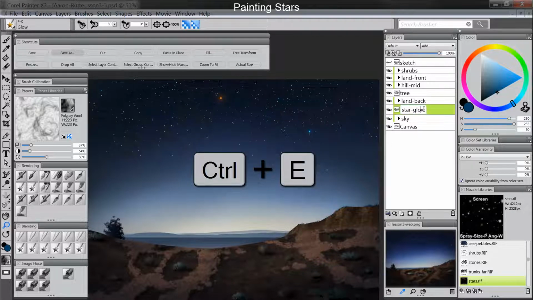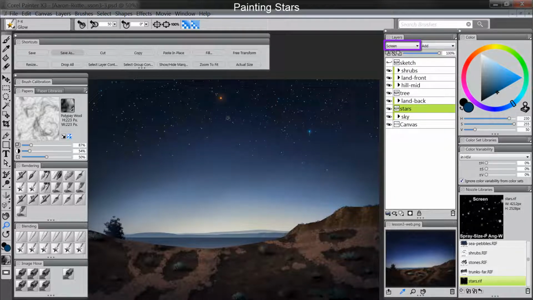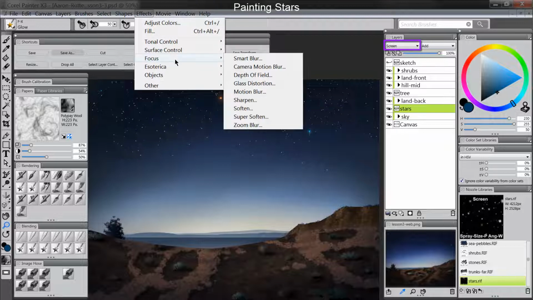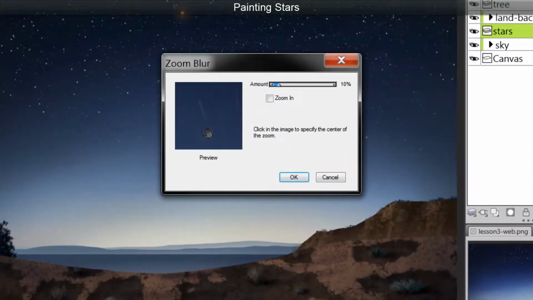I'm going to change the name of this layer to stars, and I'm going to change it back to a screen composite method. And then we're going to go to Effects, Focus, Zoom Blur. You have to move your preview to where you can kind of see some of your stars. So this is too much zoom. This is going to look like warp speed. So we're going to take this down to 1, the lowest setting that you can do,